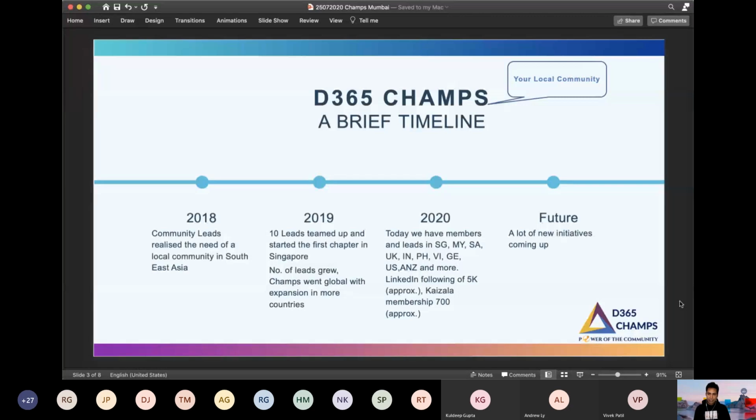In terms of D365 Champs as a community, it's your local community. It was ideated back in 2018. So community leads realized the need of a local community in Southeast Asia. In 2019, 10 leads or more teamed up and started the first chapter in Singapore. The number of leads grew. Champs went global with expansion in many countries. Today, we have members and leads in Singapore, Malaysia, South Africa, UK, India, Philippines, Vietnam, Germany, US, Australia, New Zealand, and many more countries. We have a LinkedIn following of 5,000 plus, Kaizala membership of 700 plus, and there are